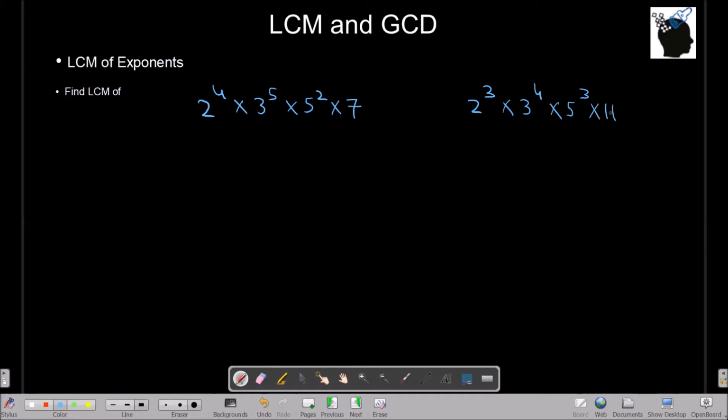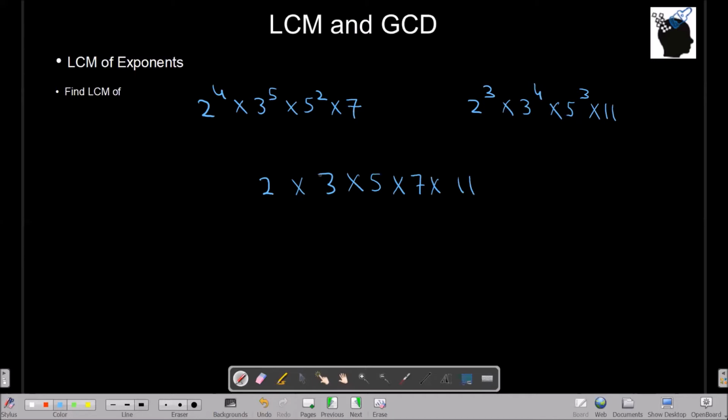Now whenever you're trying to find LCM of two exponents, you should always try to write them as product of powers of prime numbers. In this case, they have already given us as product of powers of prime numbers. So to find the LCM, first of all, we need to write all the individual prime numbers in both of those exponents. So I'll write 2 multiplied by 3 multiplied by 5 multiplied by 7 and multiplied by 11.